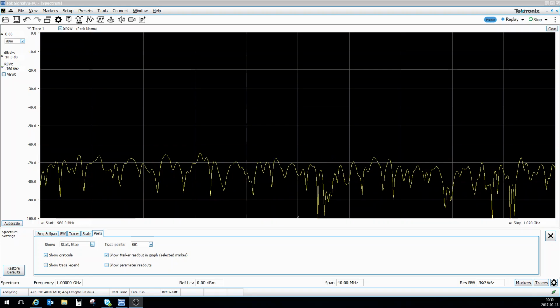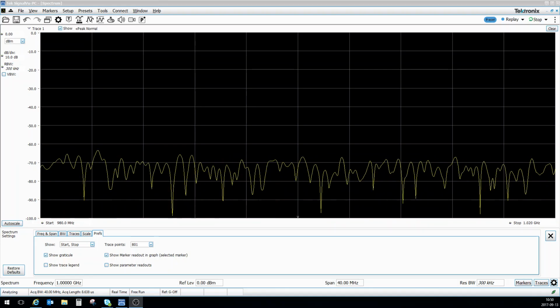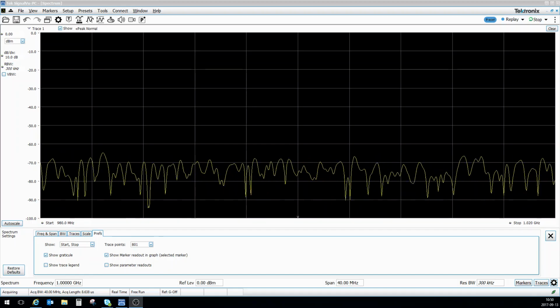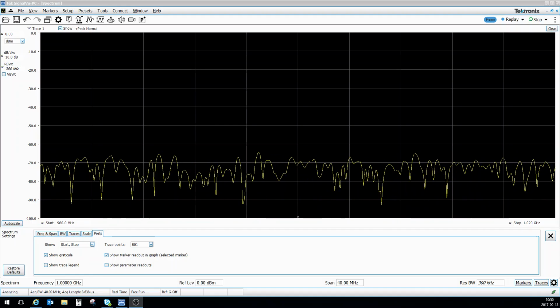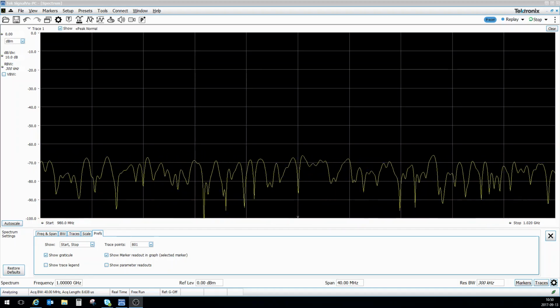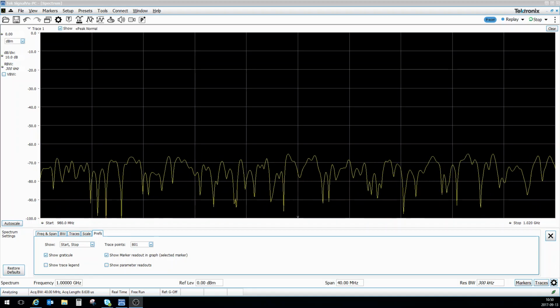So this part I will cover some of the major updates in release 3.11, which is now available for download on www.tech.com. So there's a few things here I like a lot, and one thing is the increased sweep speed in